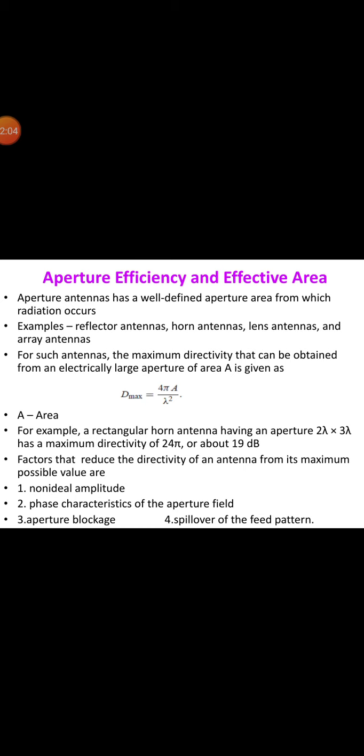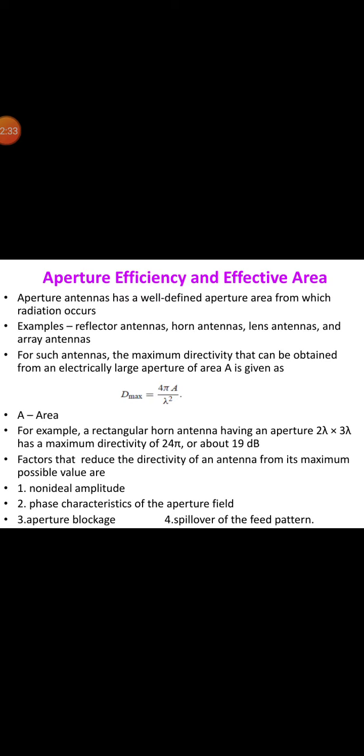For horn and parabolic reflector antennas, aperture efficiencies are commonly in the range of 50 to 80%, and large dipole or patch arrays with a uniform field to the edges of the physical aperture may attain high aperture efficiency approaching 100%. However, to reduce the side lobes, fields are commonly tapered toward the edges, resulting in reduced aperture efficiency.